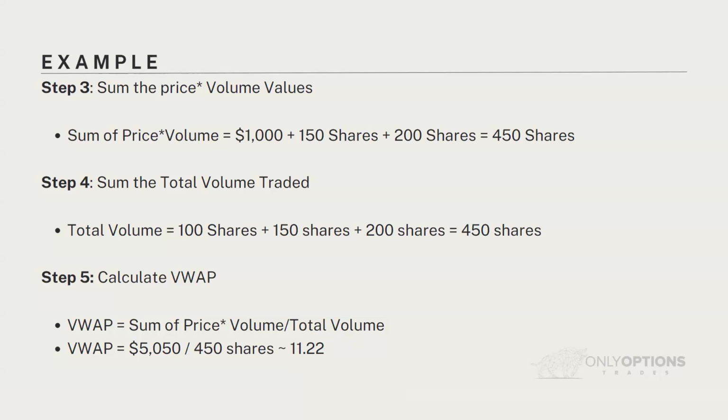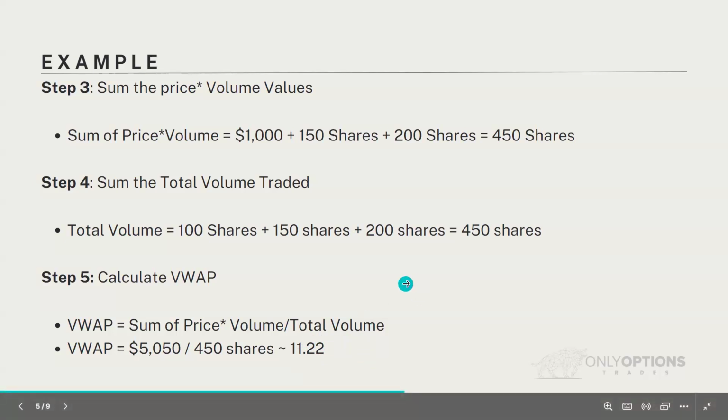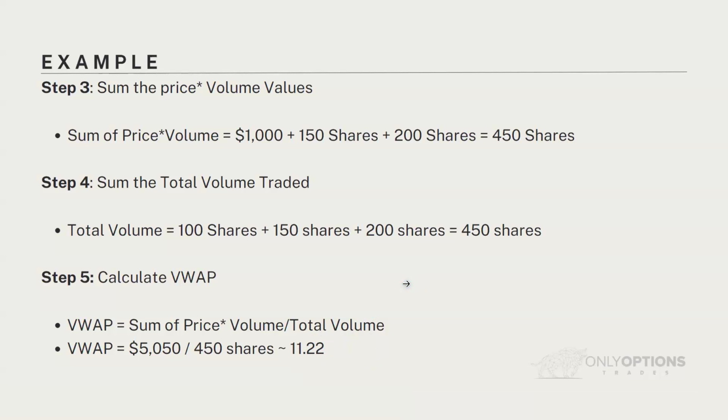VWAP normally, and I'll show it on the screen, is a lagging indicator, and normally has 2 days on the back. The standard deviation that it uses is -2 and +2. So that's how it adds the average of the trade. And when you change the chart, it will adjust to the price action.